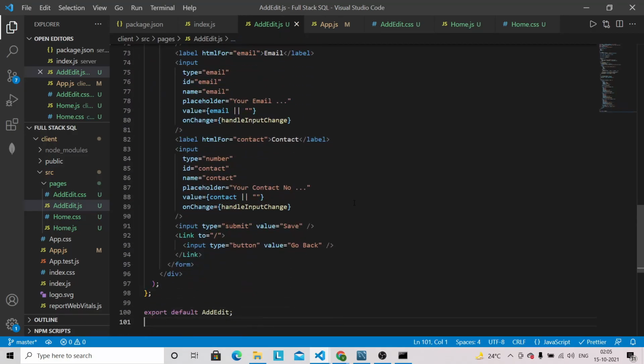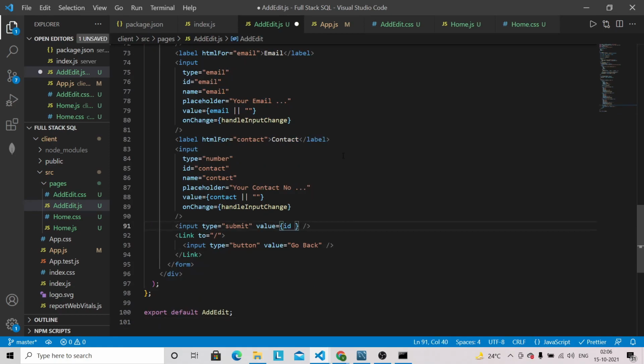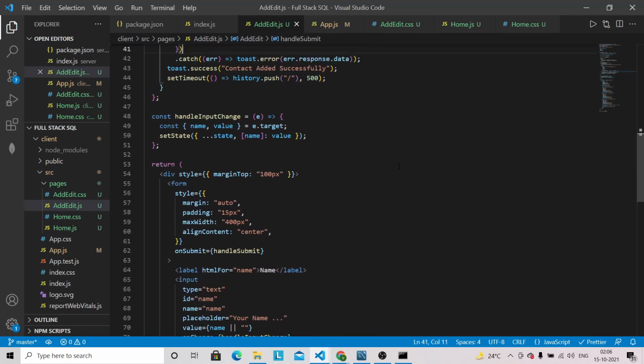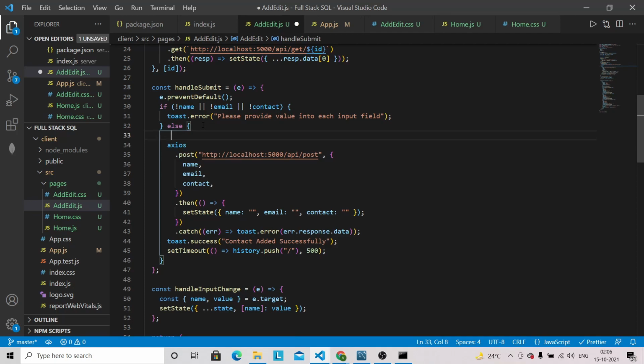So let's first change the value of button. So in case of ID, that means user is updating the existing contact, so in that case we can have the value of button update, else it will be the same, means user is adding the new contact. And based on that ID we can also determine whether user is updating the existing contact or adding the new contact. So we can do those things here as well in the else condition.